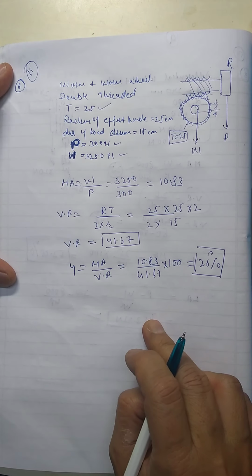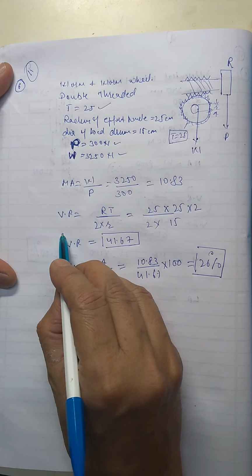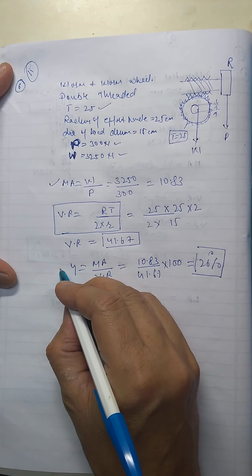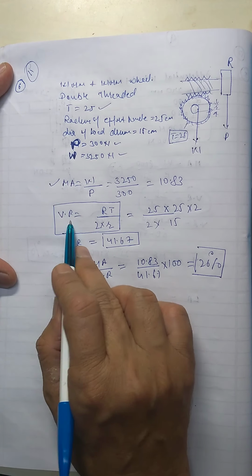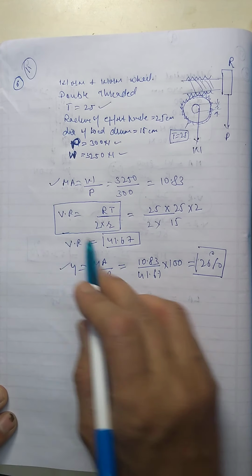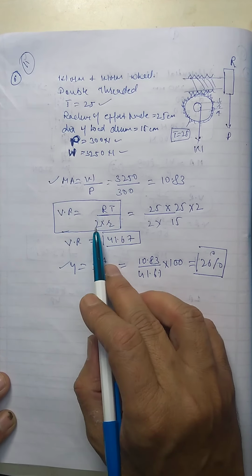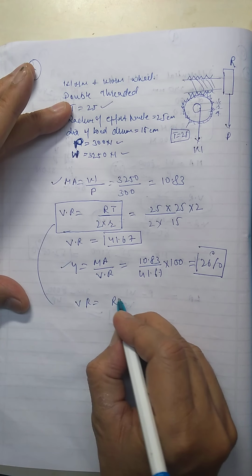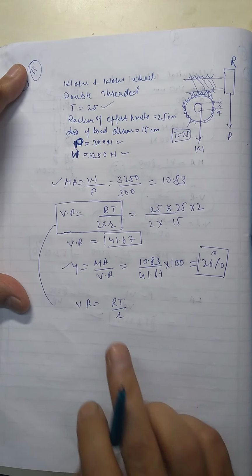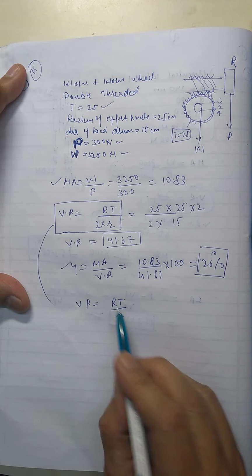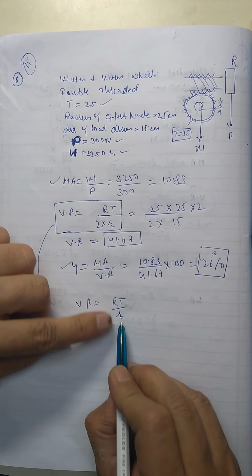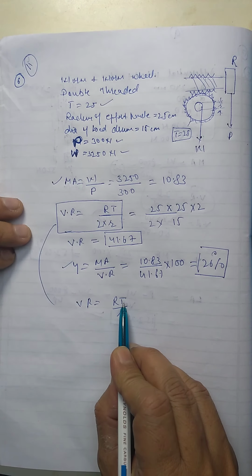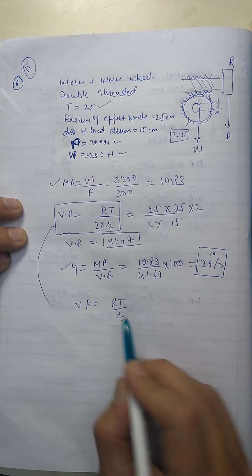So the formula which you have to learn is this one. This is the main formula, because these are the simple formulas, you must be knowing that. But for a velocity ratio you have to learn for each machine, where velocity ratio is equal to RT upon NR. Again writing the formula, velocity ratio is equal to RT upon R. Suppose it was a single threaded, then this is the formula, where R and R are the radius of, this is the radius of effort drum, this is the radius of load drum, and these are the number of teeth on the worm wheel.